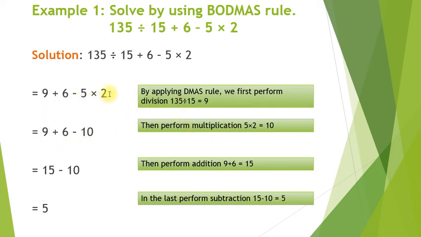Now 5 multiplied by 2, that is equal to 10. We get 10 over here. 9 plus 6 minus, this will be copied from the upper value. So now 9 plus 6 minus 10. Here after M we get A. A is for addition. Where is the addition in the sum? Here in between 9 and 6 there is addition. 9 plus 6 we get 15. Now perform the addition, that is 9 plus 6, that is equal to 15.